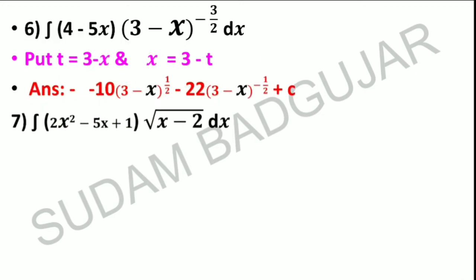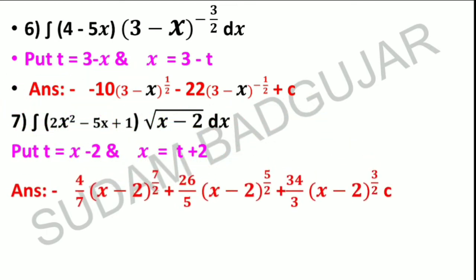It is quadratic into under root of linear. I told you it is integration of any polynomial into under root of any polynomial, or polynomial upon polynomial form. If it is linear upon linear, then it is a particular type, and I already explained that in the previous video. But this is so different. A different one is there, so you have to put t is equal to the inside function. So the final answer I already gave here.